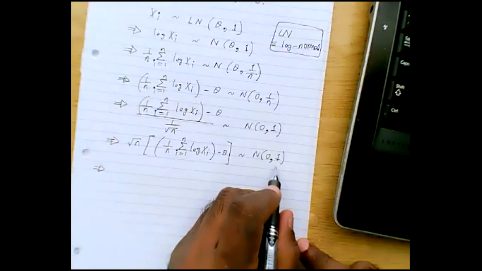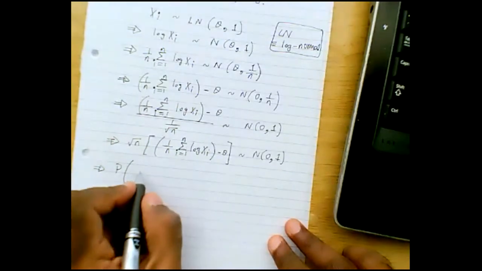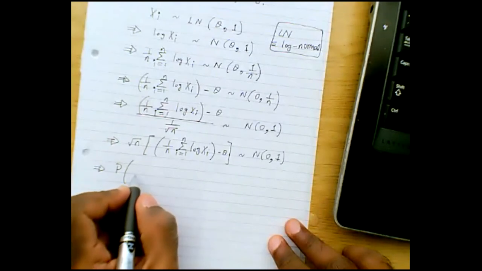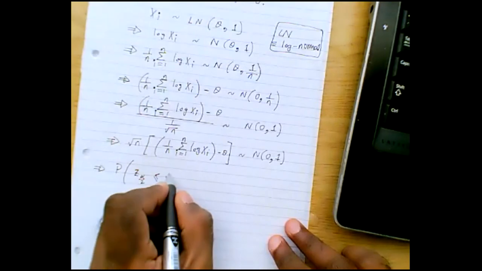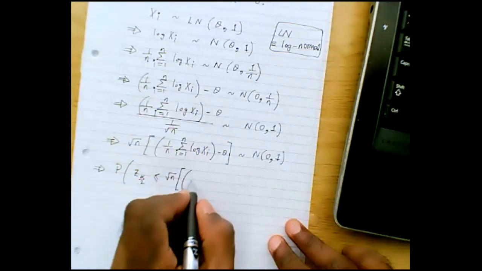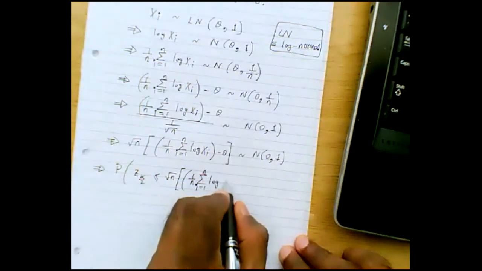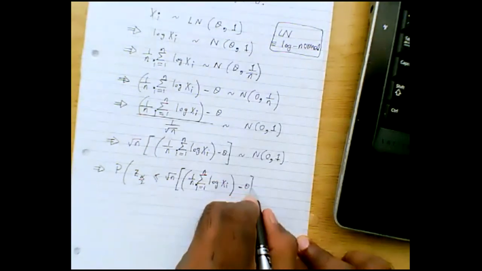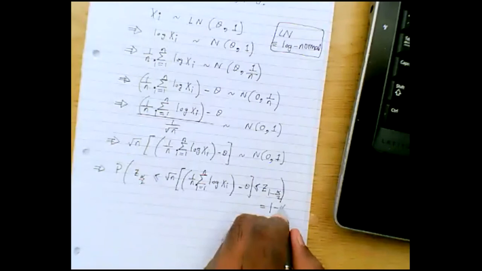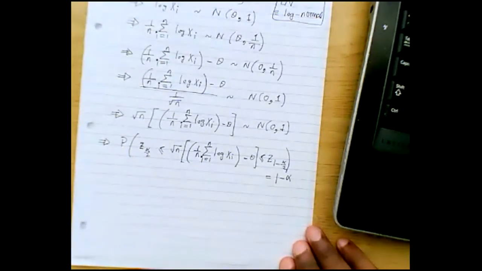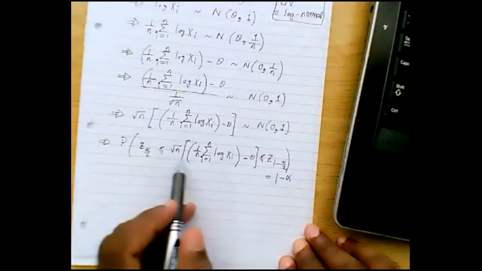Because this guy here has the standard normal distribution, the probability that... Okay, now what you need to do is to rewrite this statement as a statement on theta. Right now, what you have here is not a